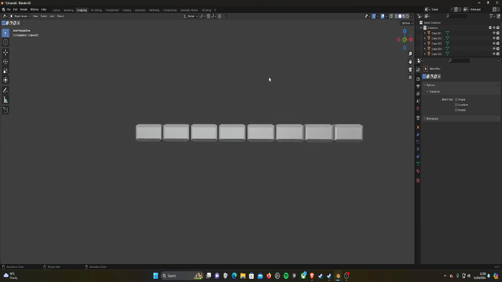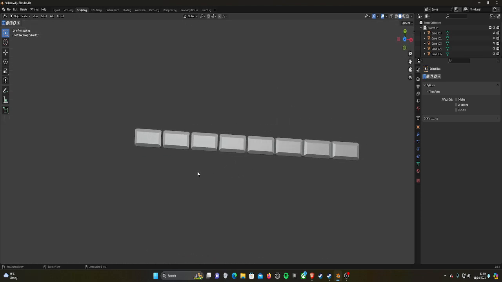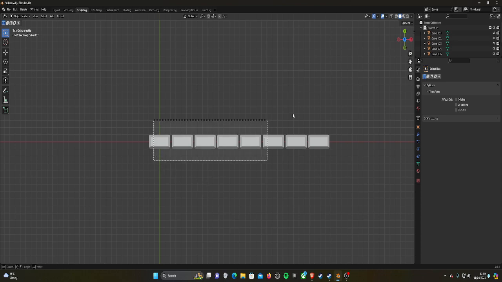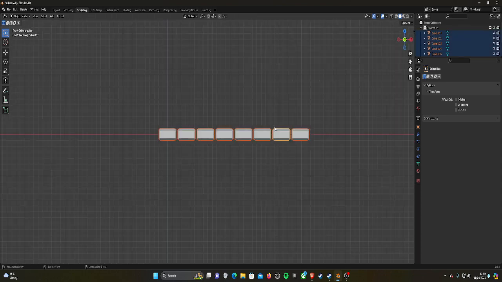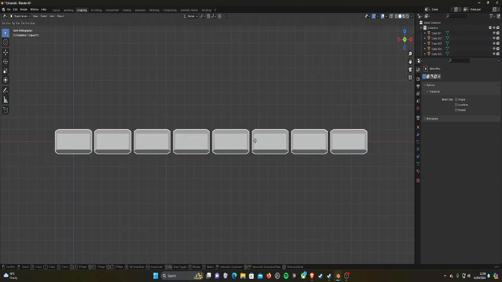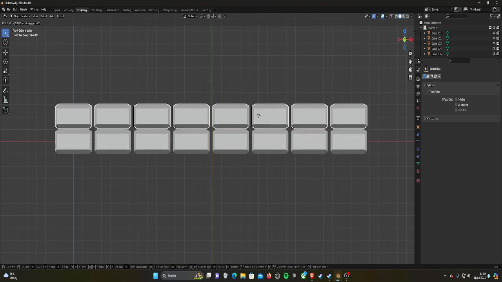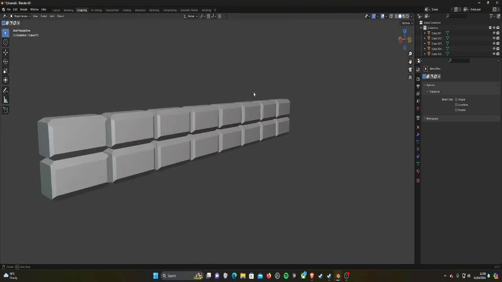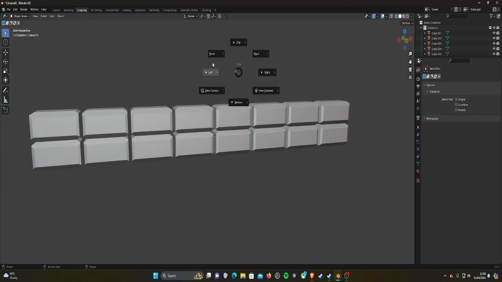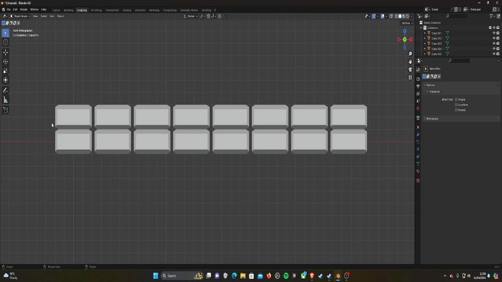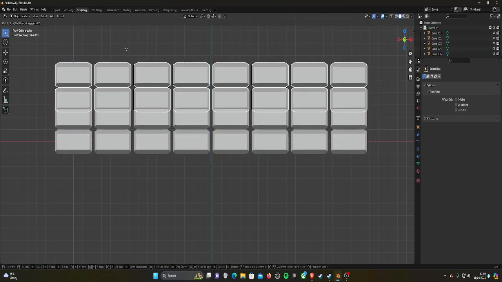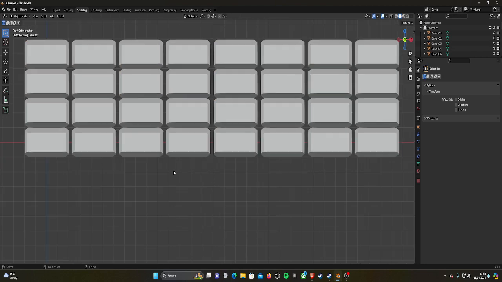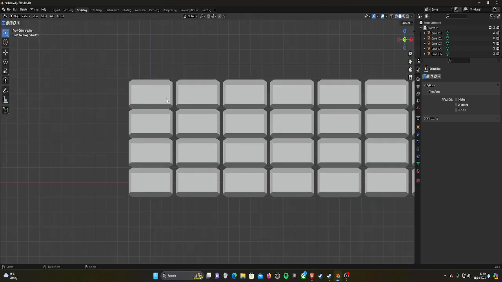Once done, you have your first row. And then what you can do is, again, top view, select all, go to the front view, duplicate, Z up, place them on top of one another. And just like that, you've got yourself the beginnings of a brick wall. And then obviously if you want to make it higher, just select more, duplicate more, scale them up, or if you want to make something that has imperfections like walls falling down a bit,